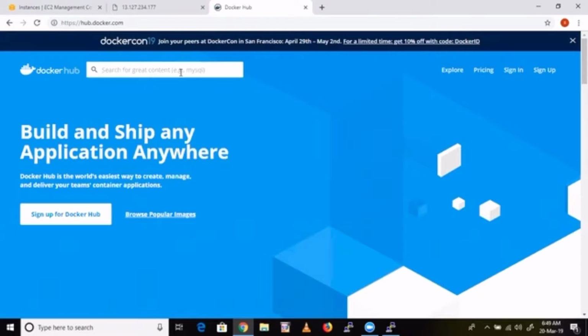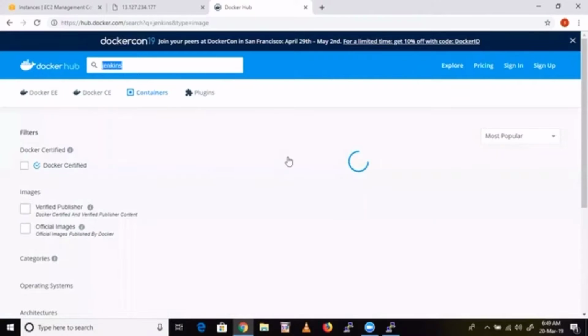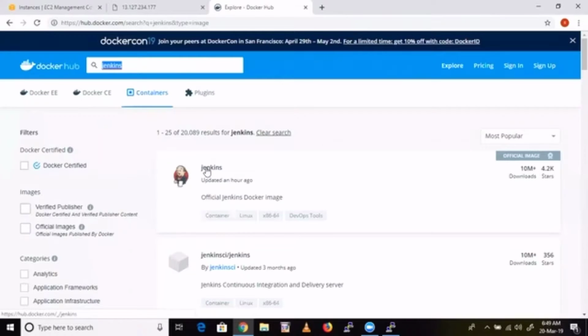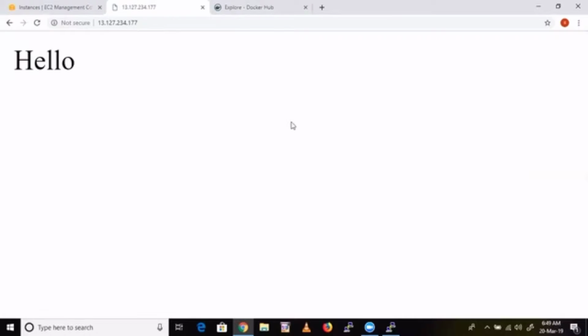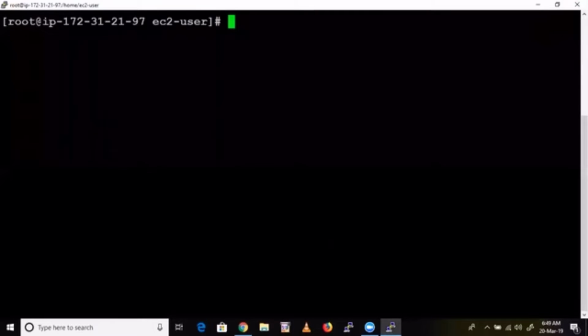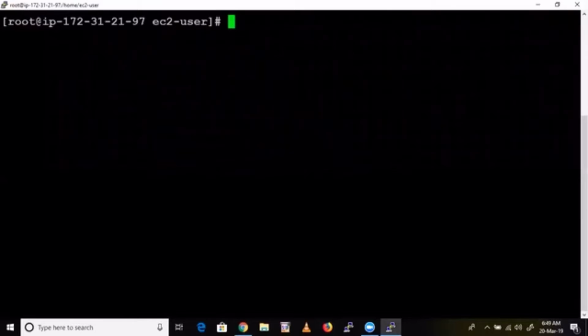See here, we have an image called Jenkins. Anyways, we are going to see Jenkins later on. Jenkins is also the same thing. Everything you do with respect to Jenkins is in a web page only. So for that we need to map. For example, if I install Jenkins in a container, how can you access it? Through a web page only. So we need to map a port.